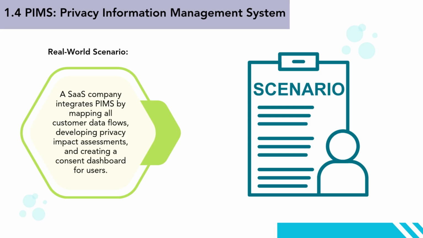In this SaaS company example, PIMS implementation involves 3 key steps. First, mapping all customer data flows to understand where personal information travels through their systems. Second, conducting privacy impact assessments to identify risks and ensure regulatory compliance with laws like GDPR and CCPA. And third, creating a transparent consent dashboard that gives users control over their data preferences, including options to withdraw consent